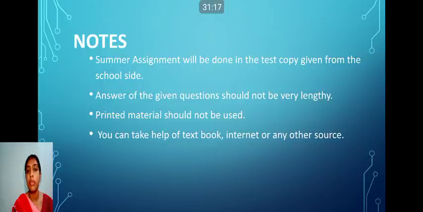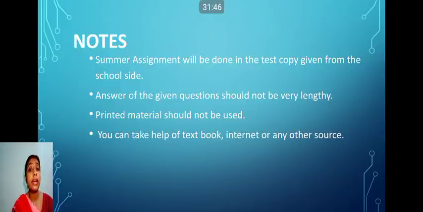As soon as we meet, I will ask for your summer assignment copies, and after correction we will use the same copies for the class test also. Then for all the questions given as summer assignment, please don't make the answers too lengthy, not 2 pages, 3 pages. Maximum 1 page is enough.